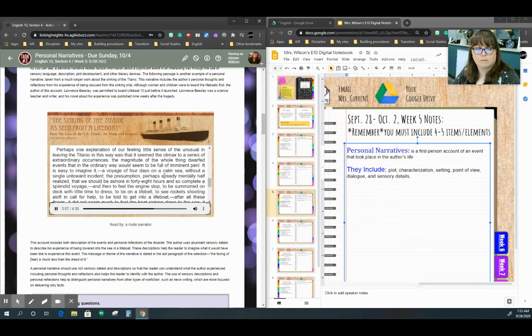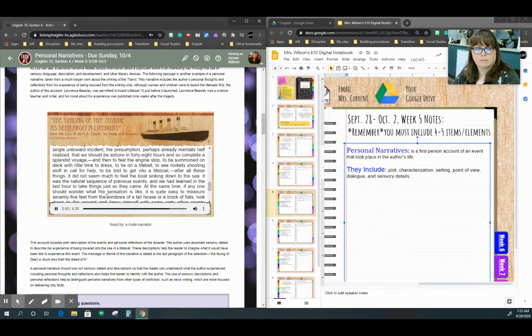The presumption, perhaps already mentally half realized, that we should be ashore in 48 hours, and so complete a splendid voyage, and then to feel the engine stop, to be summoned on deck with little time to dress, to tie on a lifebelt, to see rockets shooting aloft and call for help, to be told to get into a lifeboat. After all these things, it did not seem much to feel the boat sinking down to the sea. It was the natural sequence of previous events, and we had learned in the last hour to take things just as they came. At the same time, if anyone should wonder what the sensation is like,